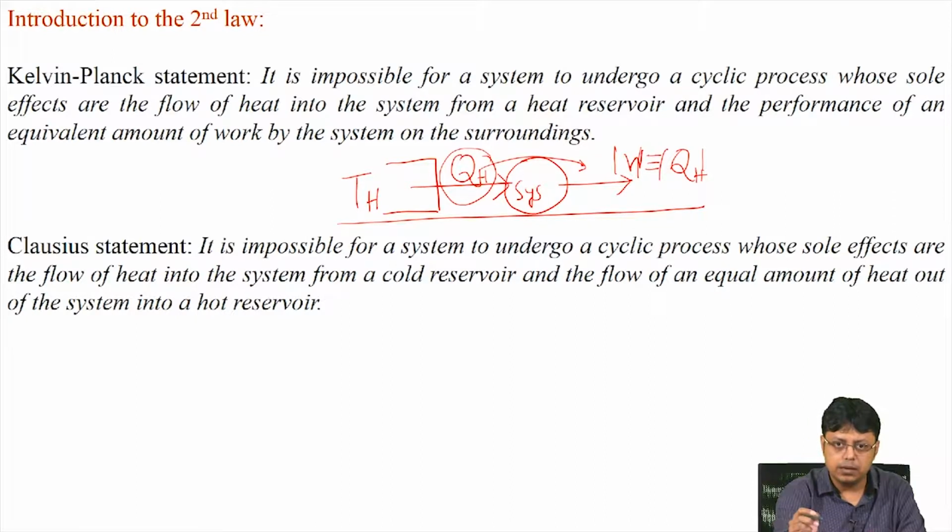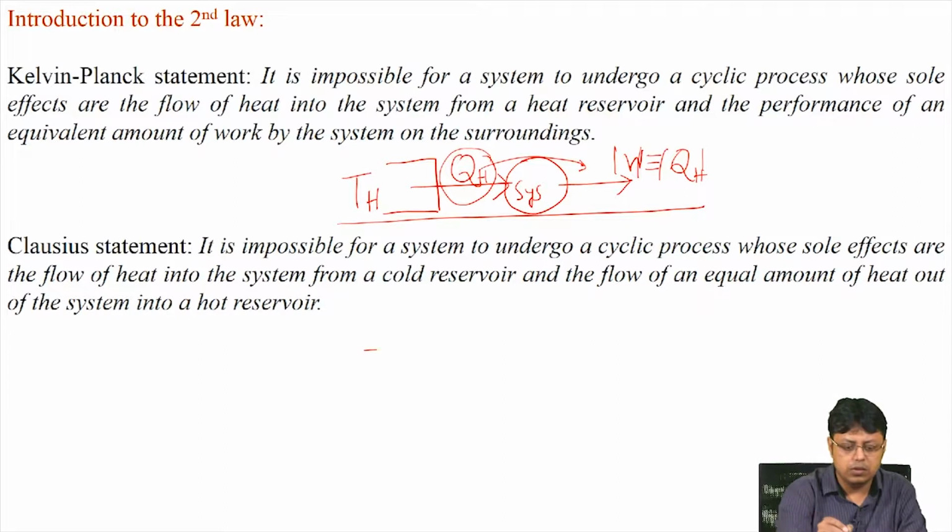Now, another statement we often use is known as the Clausius statement. We will discuss Clausius's work on the irreversibility or the directionality of a process, which is known as the Clausius inequality, sometime later. But before that, we will just discuss the Clausius statement of the second law of thermodynamics, and the statement says that it is impossible for a system to undergo a cyclic process whose sole effects are the flow of heat from a cold reservoir and the flow of an equivalent amount of heat out of the system into a